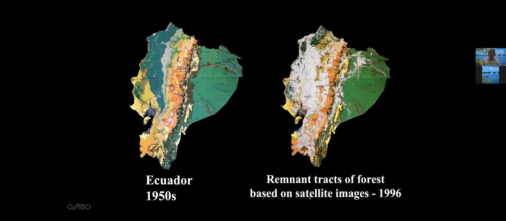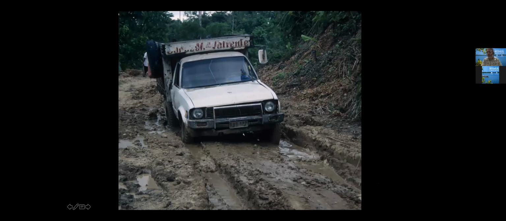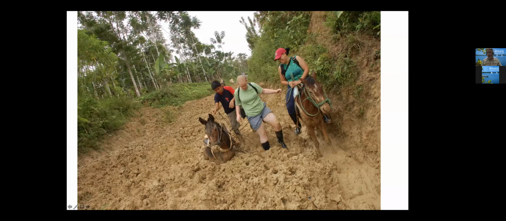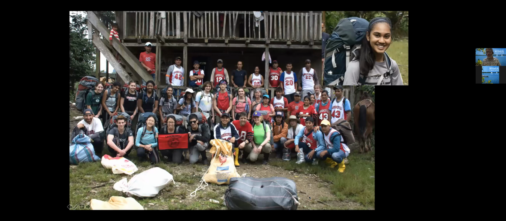These plants came from difficult to get to areas. So this is an easy access road. You can get a car in and out. Here's one of my students walking on a muddy road. This sort of shows you where these plants came from. So there's a huge amount of effort to get them here. And the students participated in these expeditions.